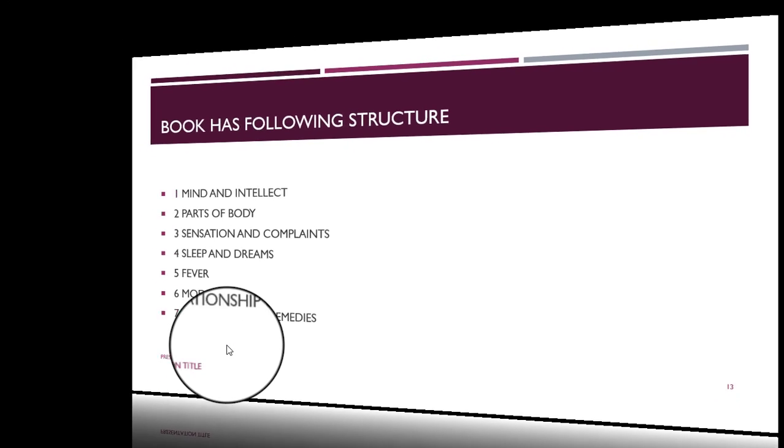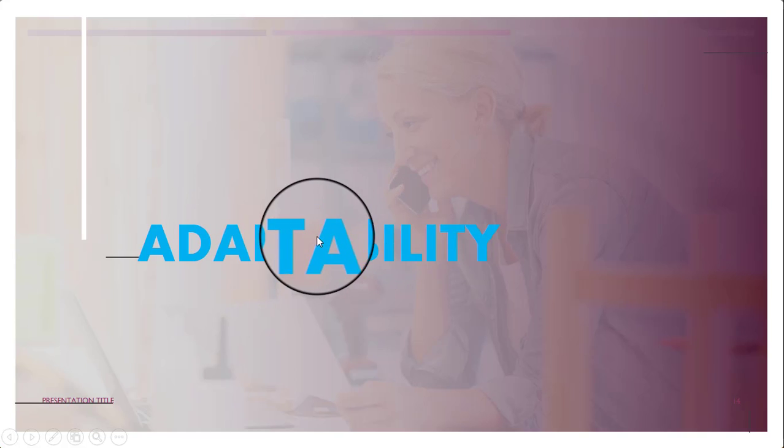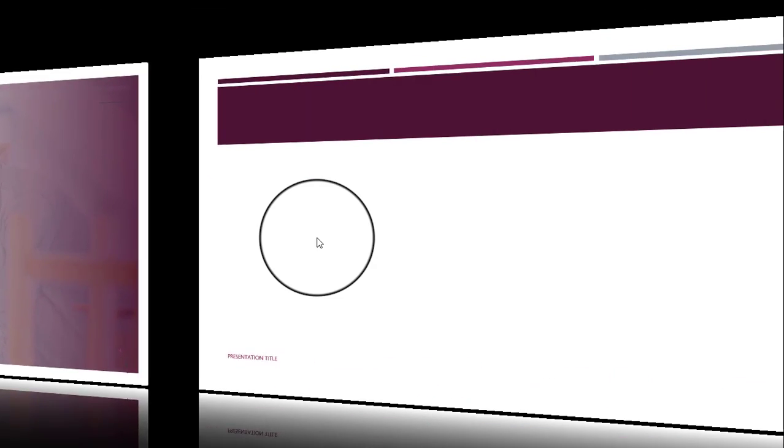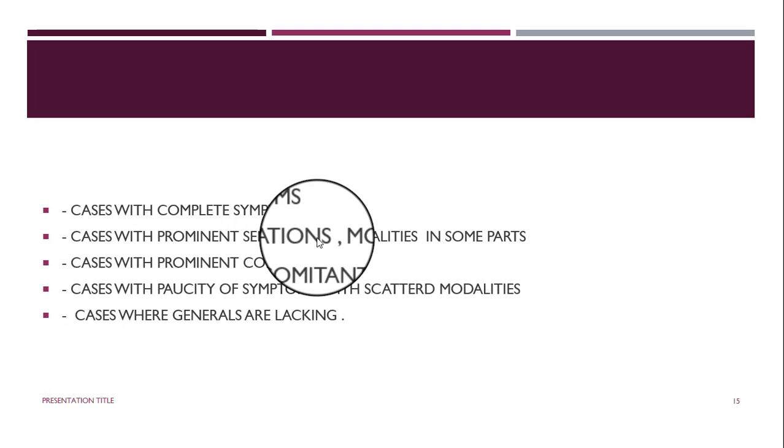Now next we'll discuss about the adaptability. So let's talk about it. So from the philosophy and the construction of the therapeutic pocket book, it is obvious that the book can be used for the repertorization of the following types of cases which make it very special. So they are,